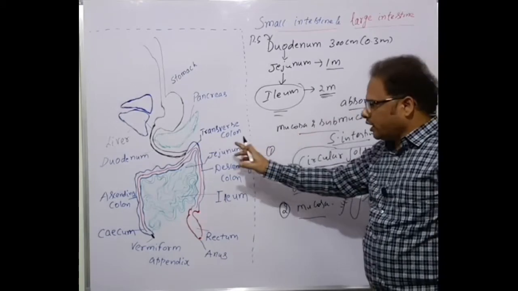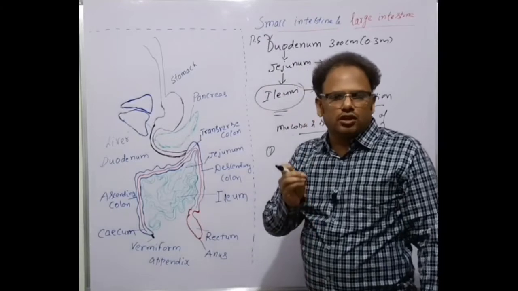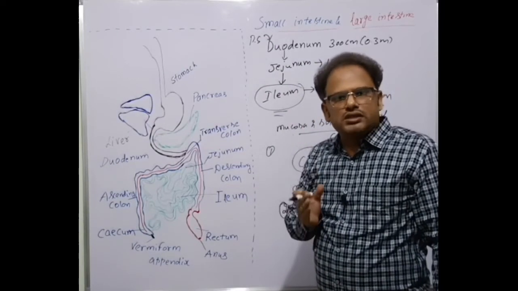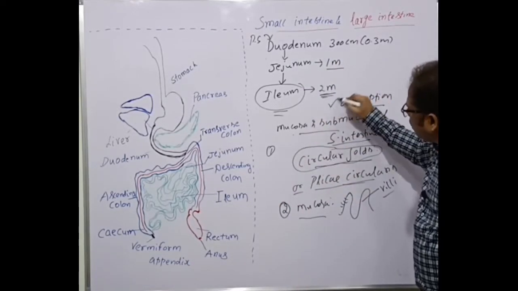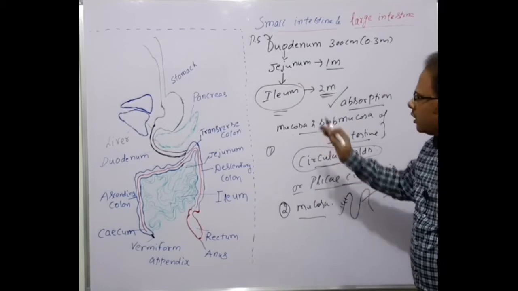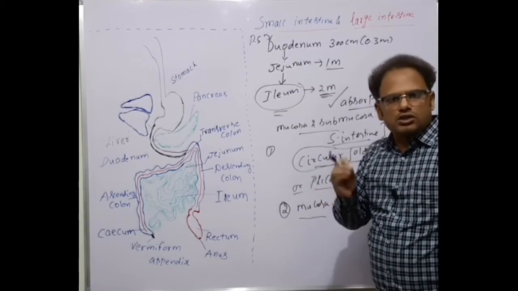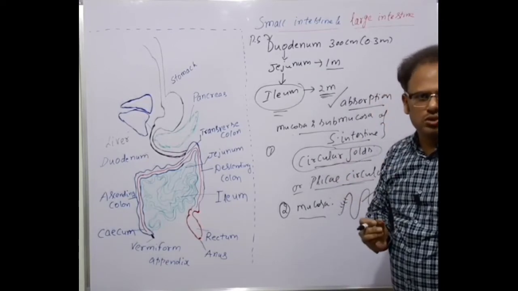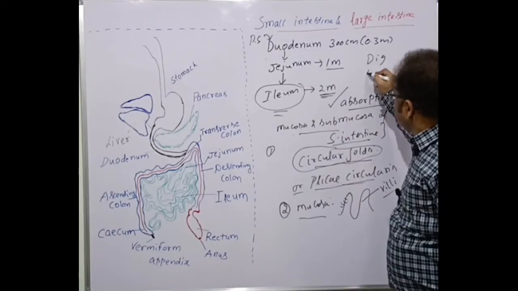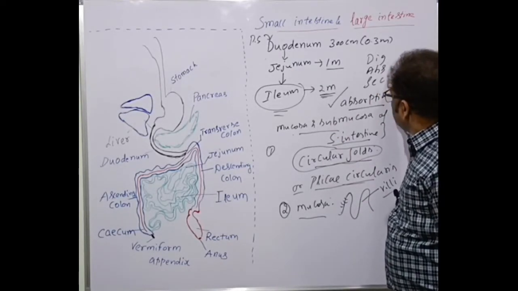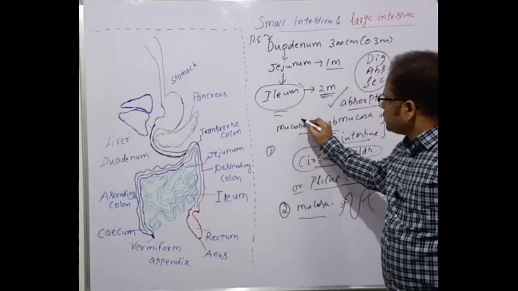Just now I told you that the small intestine, chiefly the duodenum, is the main organ of digestion in the human body. The small intestine is also the main organ of absorption. It also releases the intestinal juice called succus entericus. That is, it's also one of the main organs of secretion. So what are the functions of the small intestine? One is digestion, then absorption and secretion. Three functions are assigned to the small intestine. Clear, students? And the mucosa of the small intestine.